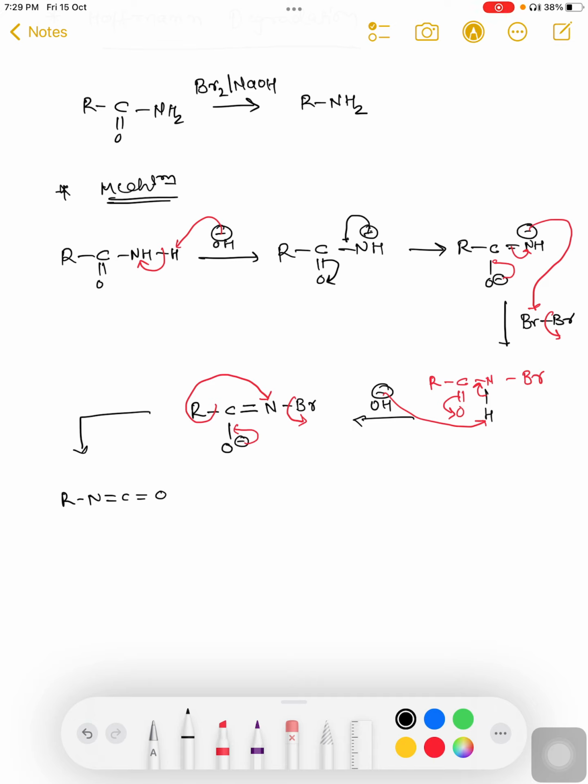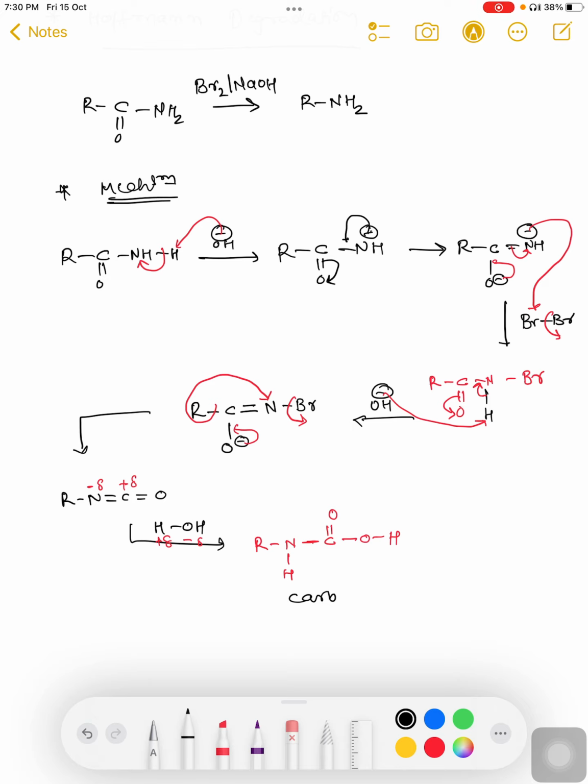Now in the presence of H2O, there will be formation of carbamic acid. So this carbonyl carbon will be positive, nitrogen will be negative, hydrogen here is positive, OH minus is negative. So positive will be attached to negative, and similarly negative will be attached to positive. So what will happen? The nitrogen in RN is negative, so it will take an H plus from the water molecule, the double bond will break into a single bond, leaving C double bond O and OH. Now